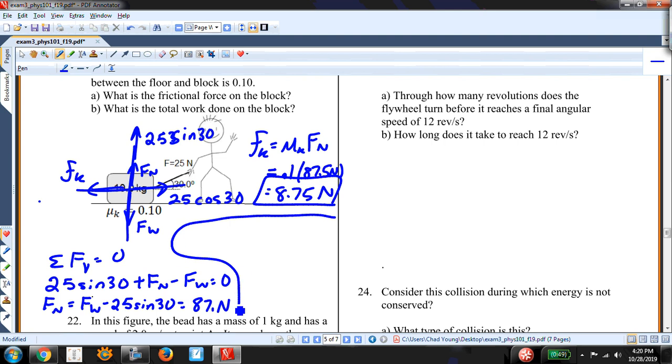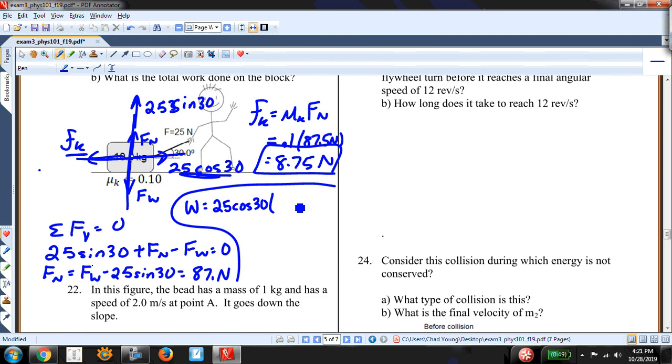Now for part 2, I want to know the total work. I have two forces that are doing work, this force and this force. And so the total work will equal that first force, 25 cosine 30, times the distance, and it tells me that it moves across 5 meters, times 5 meters, minus the work done by the frictional force, which is 8.75 times 5 meters. And so that's going to equal